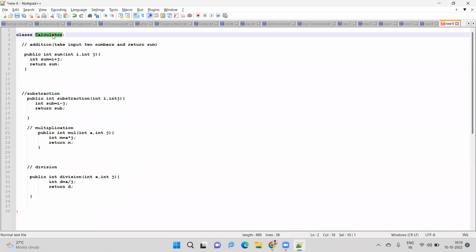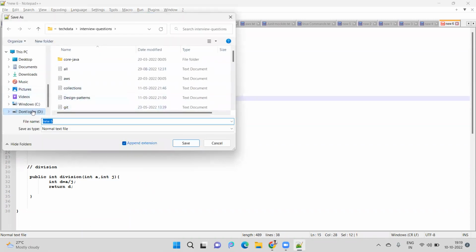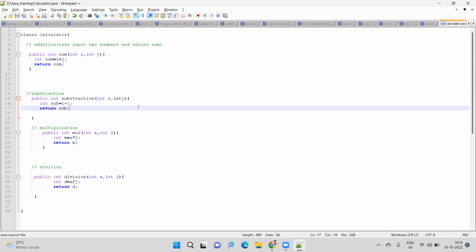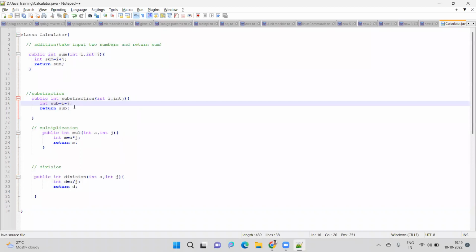This Calculator class has four methods: sum, subtraction, multiplication, division. Just save this first. I'm saving in the D drive, Java training, as the .java file. It is saved. So the Calculator class contains four methods. I want to call these methods from outside of this class. If I run this class,